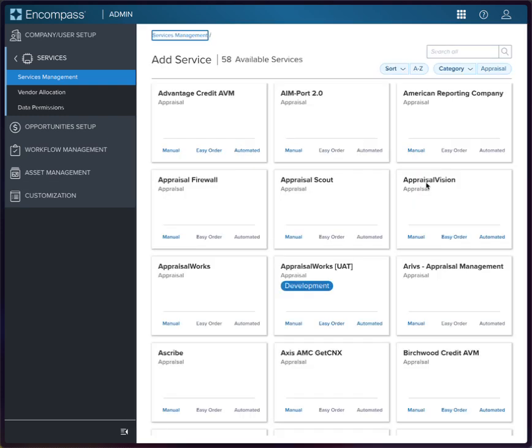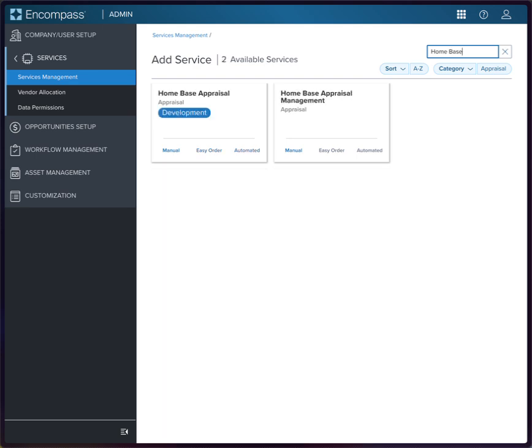Now this lists all of the Encompass integrations. I'm going to search for my very favorite, Homebase. Okay, now we have two. One is in development that we're constantly developing against. That's not ready, and you don't want to use that. So do not choose a product that's in development. You want to choose a product that's released and ready. So I'm going to click here on this little blue manual,